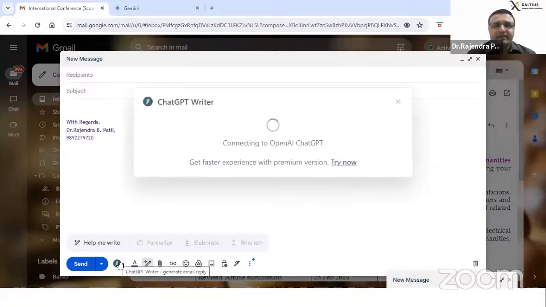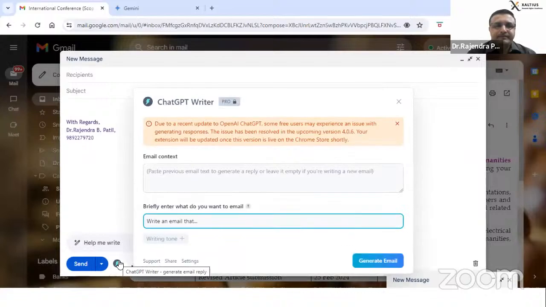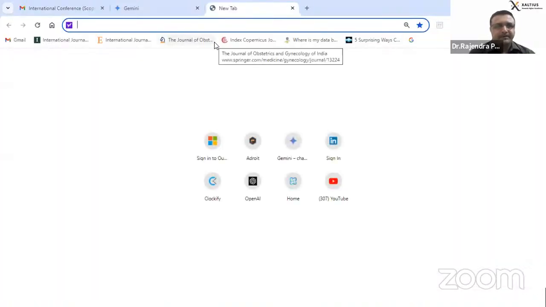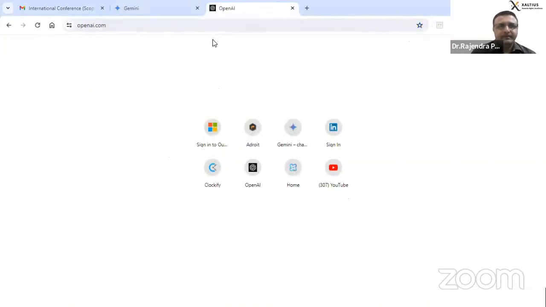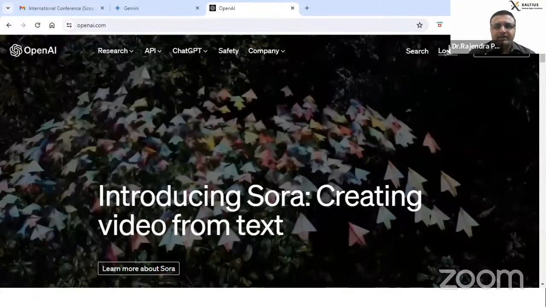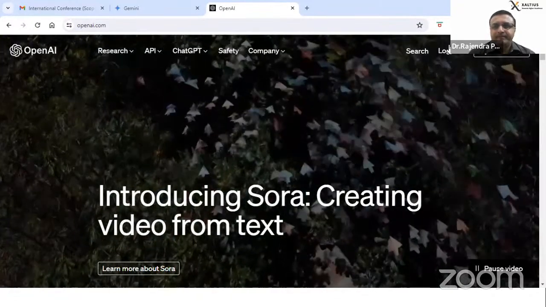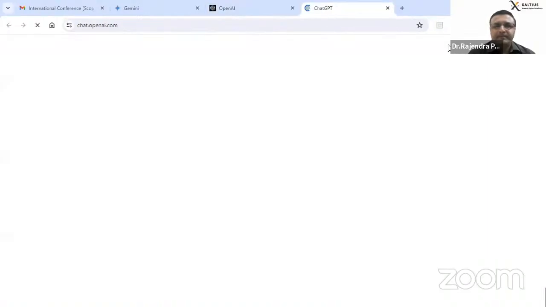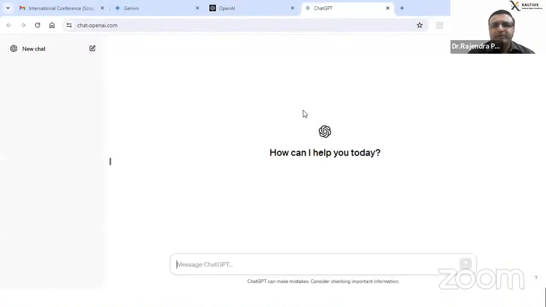I'm just clicking on it. Let me connect to my ChatGPT first. You need to first create your ChatGPT login.